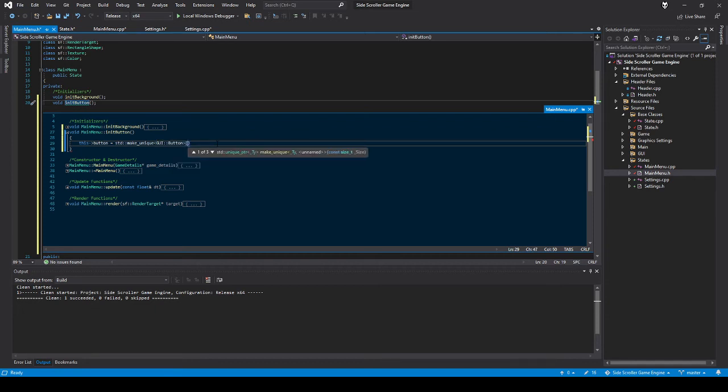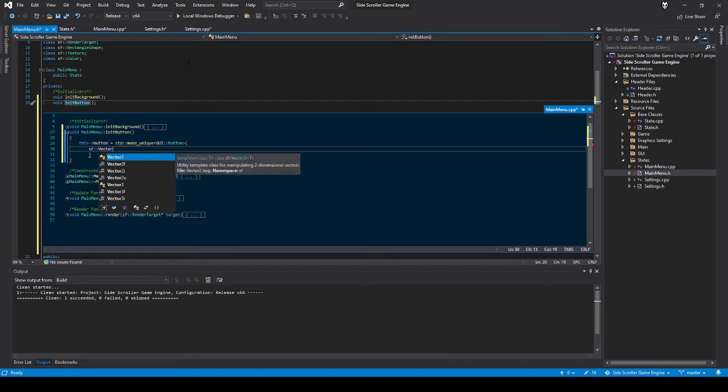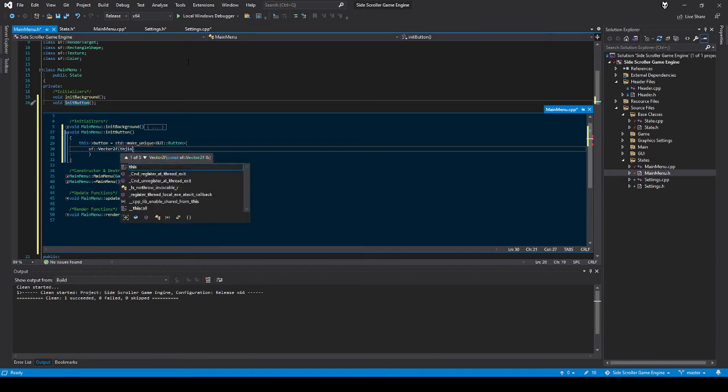And whoops, we have that big constructor now that we have to fill out. So we need an SF vector. I'll put this right in the dead center for now. If we look at the button here,